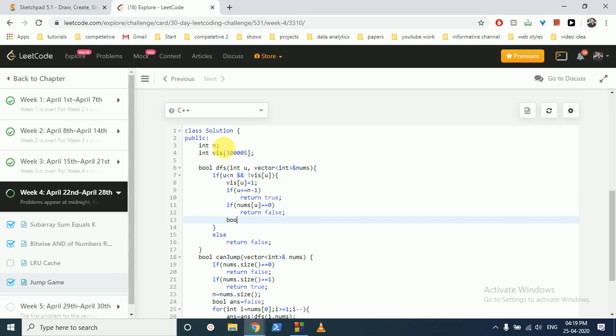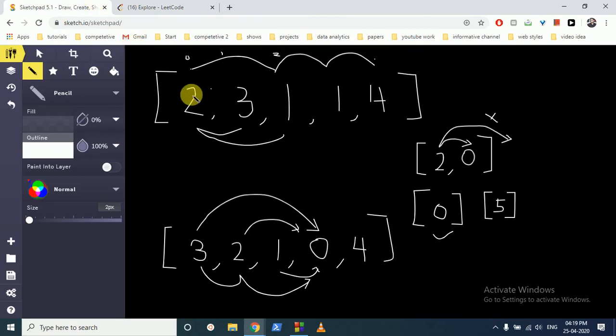Okay, now we can make another bool and name it answer, and initialize it to false. So now we want our DFS from this point. If we reach from 2 to this 1, we want to reach from this point to the maximum point which we can reach from it. But there can be multiple points which we can reach. So let's assume it's 2. So we can reach 2, we can reach 1. So we want to find out from any of these points whether we can reach the final point.